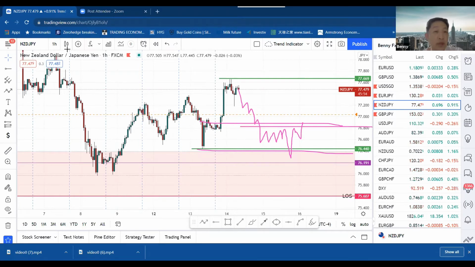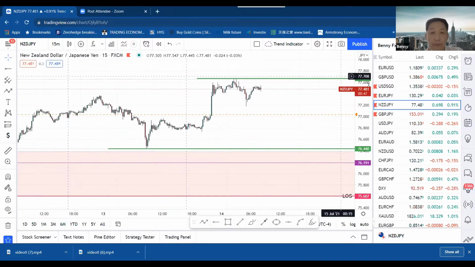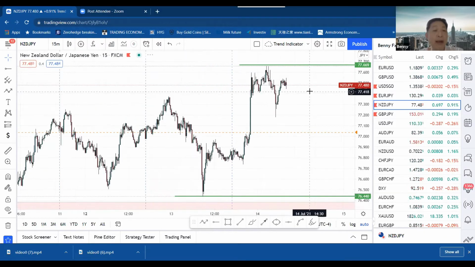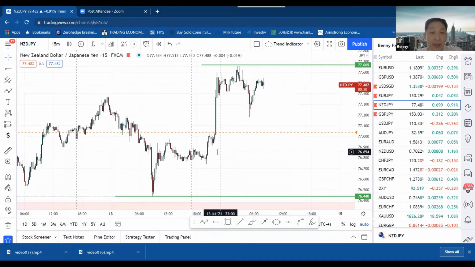Okay. So if you go down to the 15 minutes time frame. So now you can see I'm not trading off the 15-minute time frame. I do a top-down analysis, right? From daily to 1 hour, right? And all the way down to a smaller time frame to pick my entry. Okay. So you can see that this is now when we go down to the 15 minutes time frame, we can see right now that